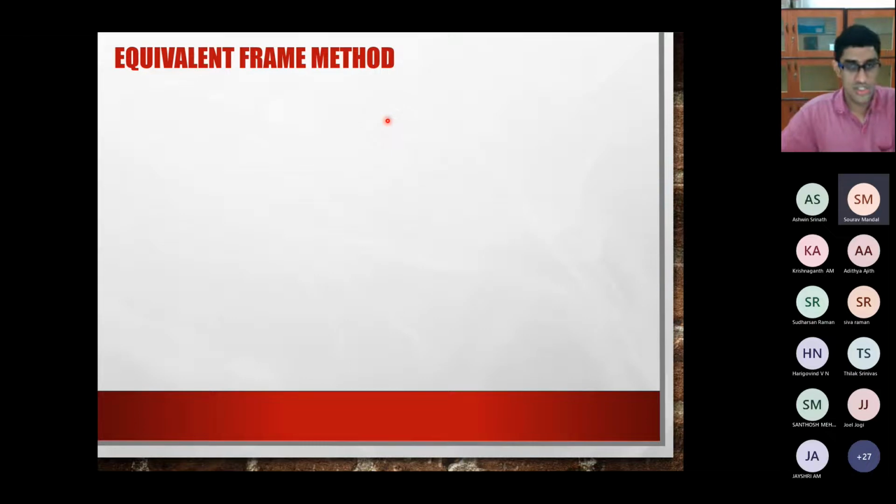E-line theory can be used, but that's not talked about in IS 456. It just says use E-line theory if you want, but it doesn't tell you how to use it. You have a bit of an idea of E-line theory because I covered it when I was talking about two-way slabs, and there you would remember. In fact, to rekindle your memory, I can probably show it to you.